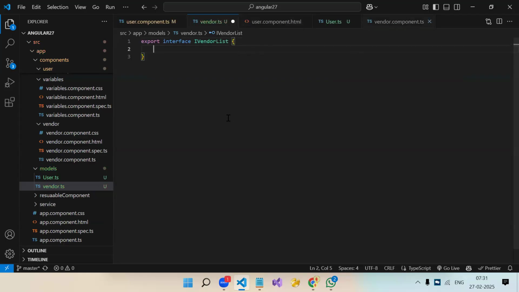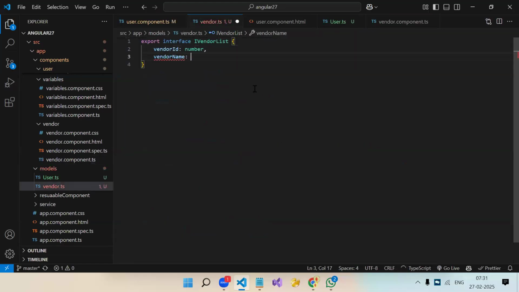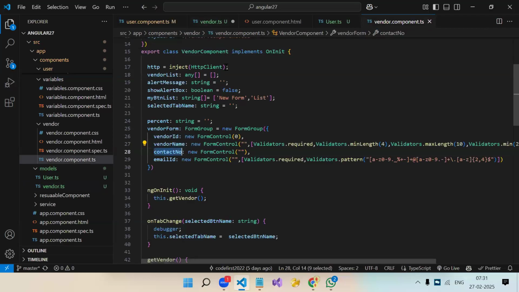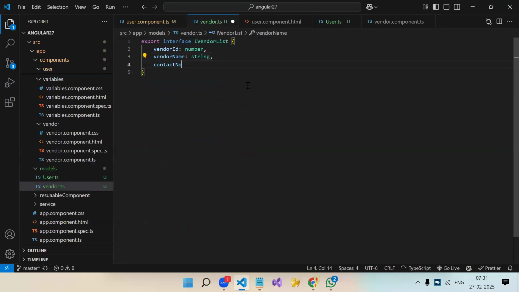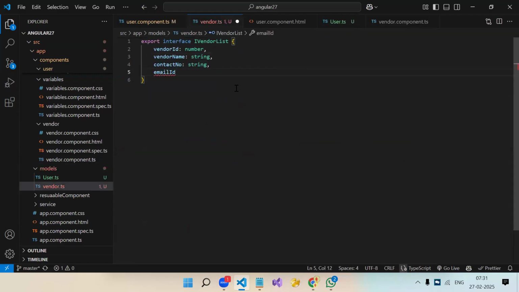Now here, whatever properties we have: vendorID, colon, number; vendorName, colon, string; contactNumber, colon, string; emailID, colon, string. Okay.